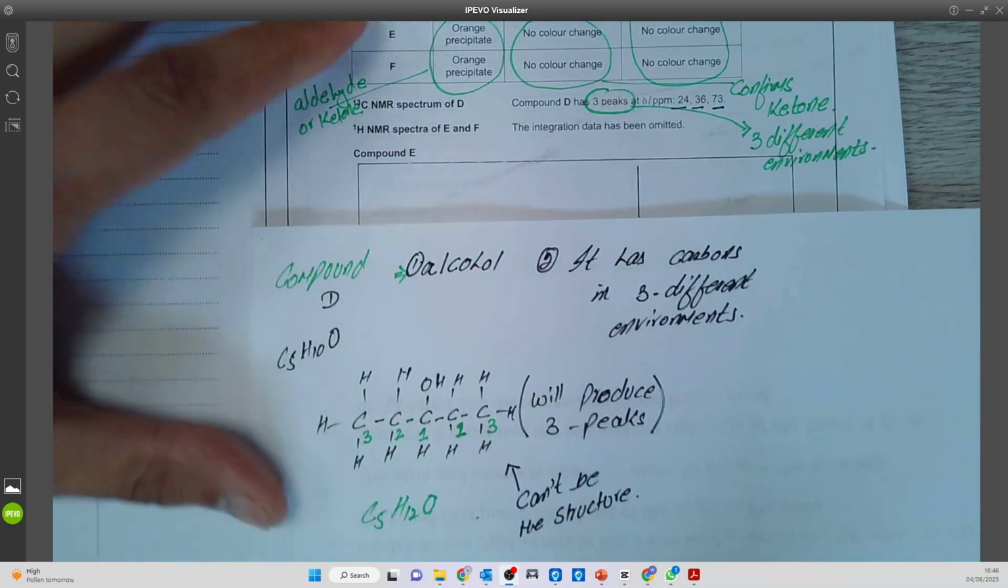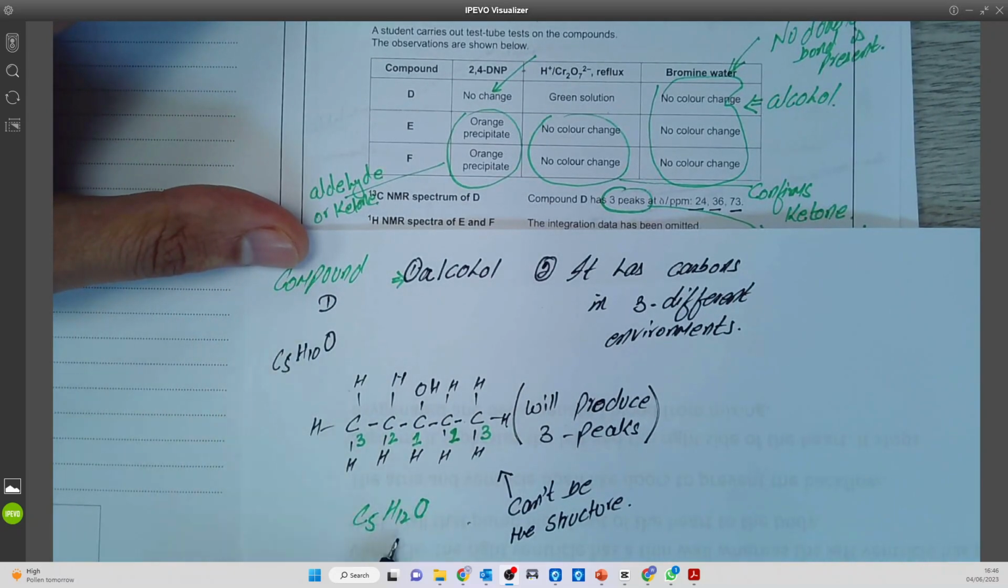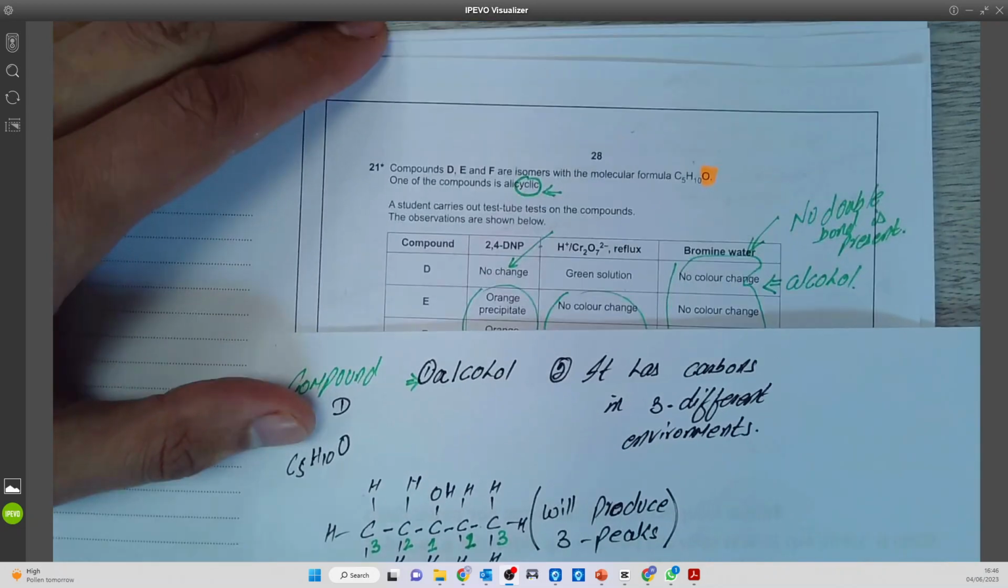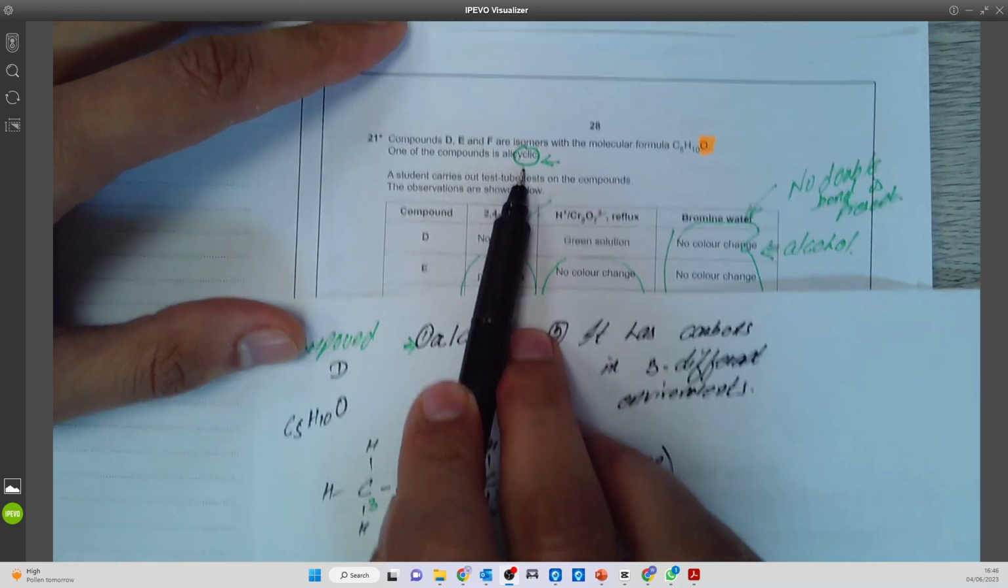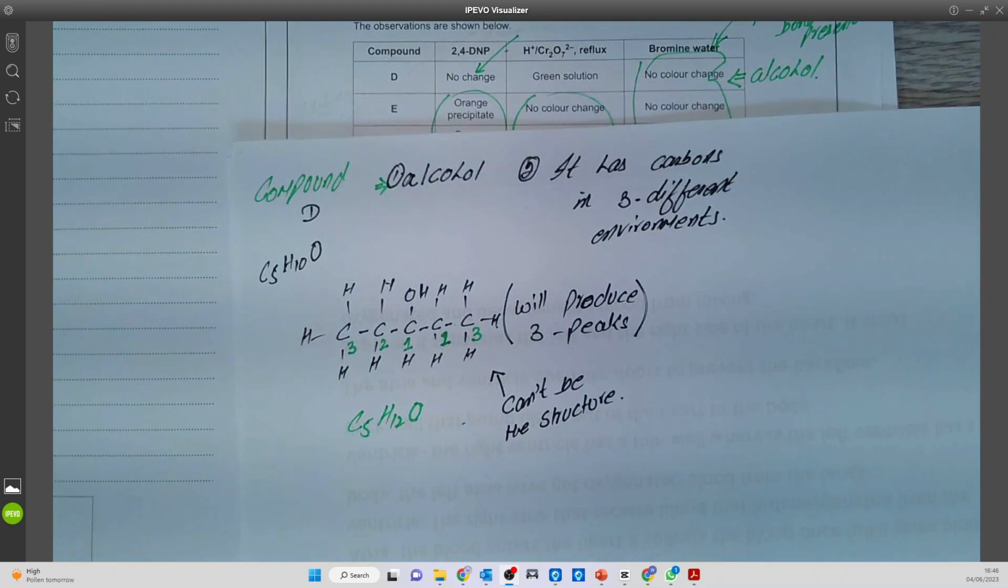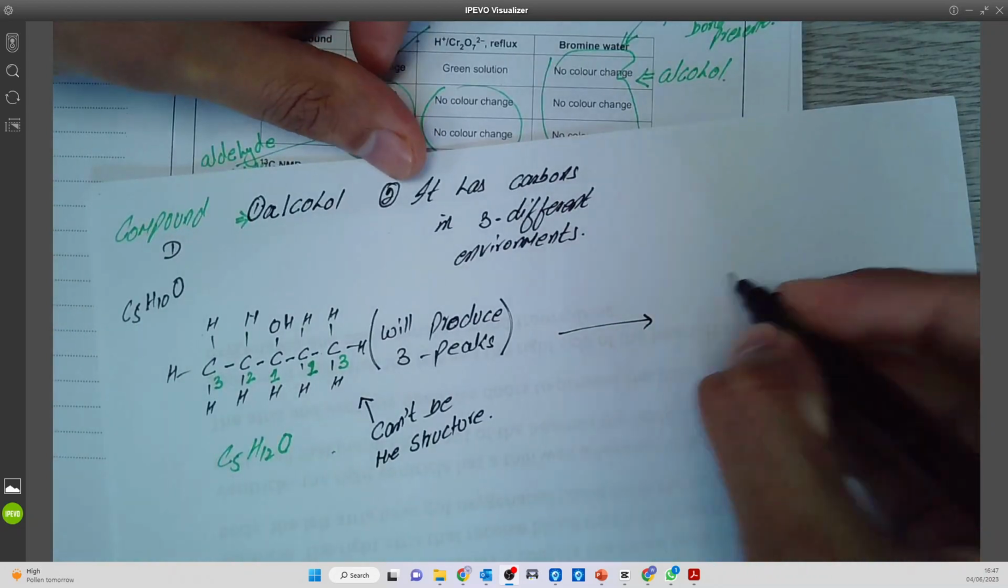If I go back, it tells me something. Before I go back and have a look, what's the difference between them two? The difference is two hydrogens. If I go back and look here, it says one of the compounds is alicyclic. So this means if I make it a ring, then I can take two hydrogens away. So I can say this can be changed into